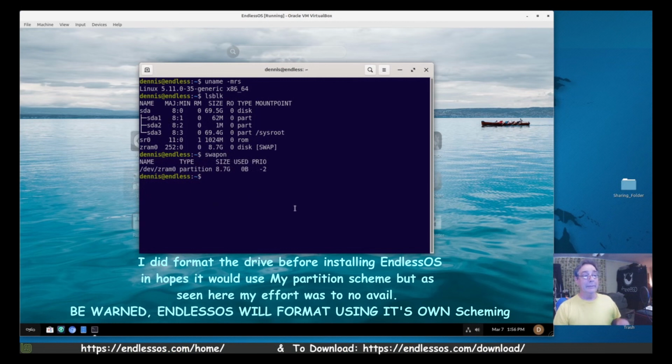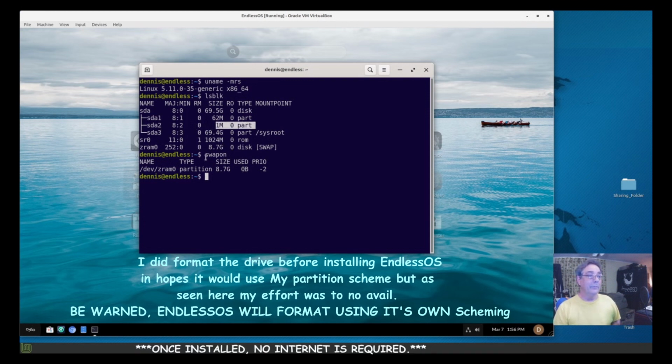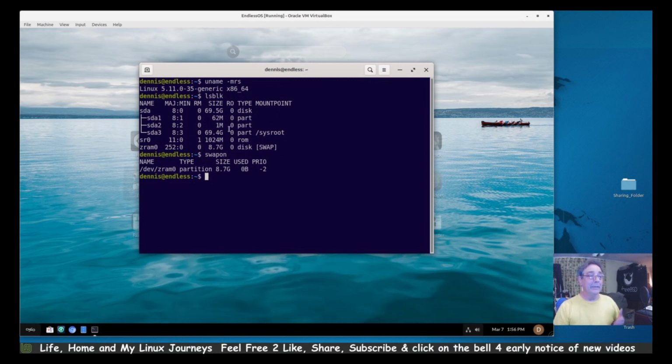At zram, it set up zram 8.7 gigabytes, or it might even be gigabytes of RAM. And on the system, I've only got 1 megabyte, if I'm reading that right, of actual swap. Not sure why, that's ridiculous right there. That's why I like doing it myself. Anyway, just a small thing on my part.